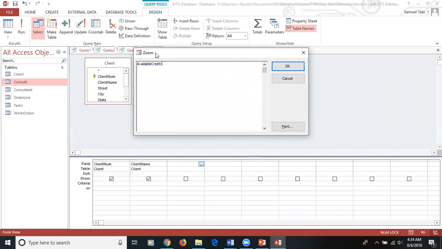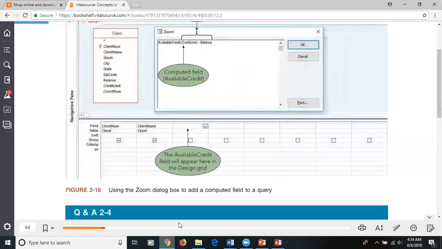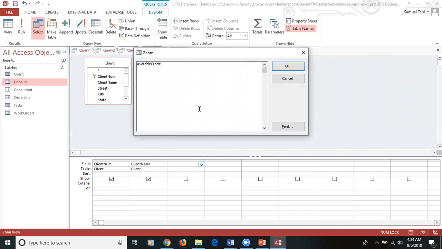You don't use an equal sign here. Available credit, and the formula is credit limit minus